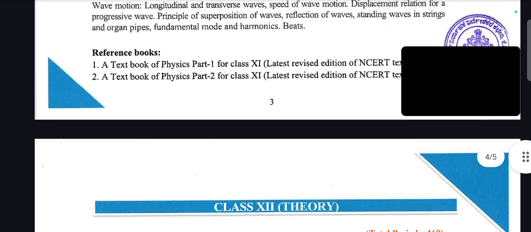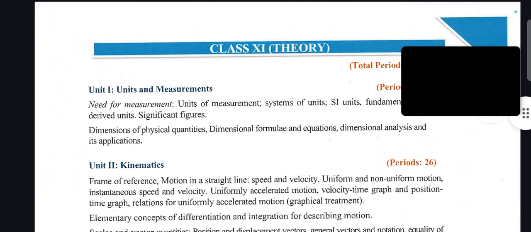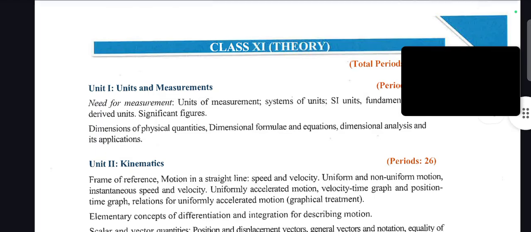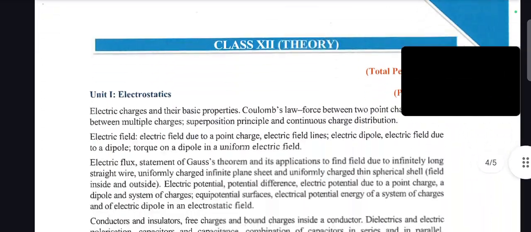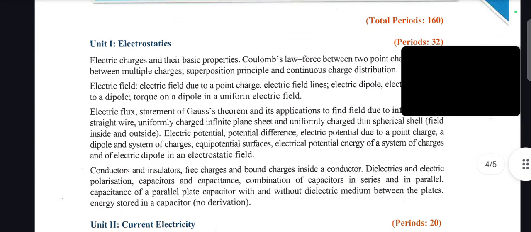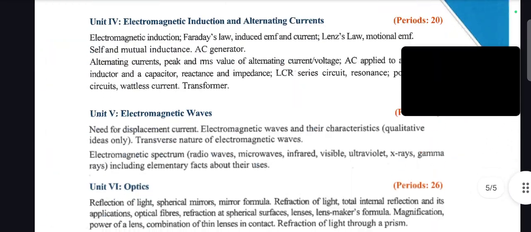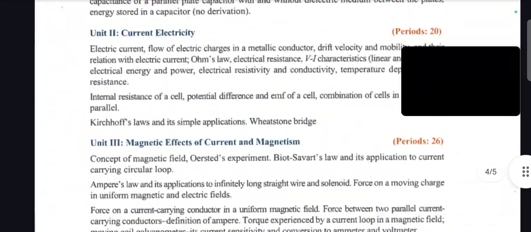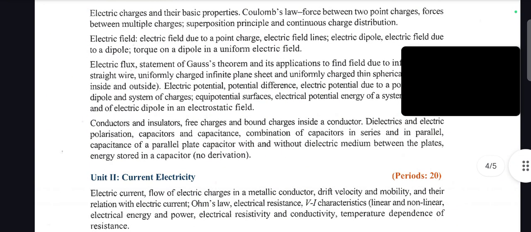So this is all the things that you have to read from class 11th for CET, Karnataka CET 2025 in physics. Next, in class 12th theory, what you have to study is Unit 1, Electrostatics: electric charges and their basic properties, Coulomb's law, force between 2 point charges, forces between multiple charges,